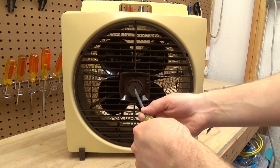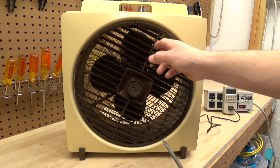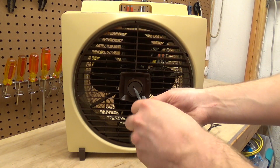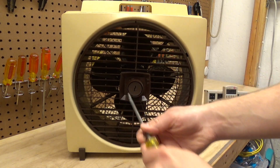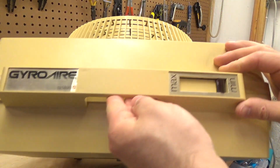I don't know if this even works anymore or not. I think that's off, but I'm not entirely certain. I think that's on. Either way, this is a variable speed fan, infinite range,